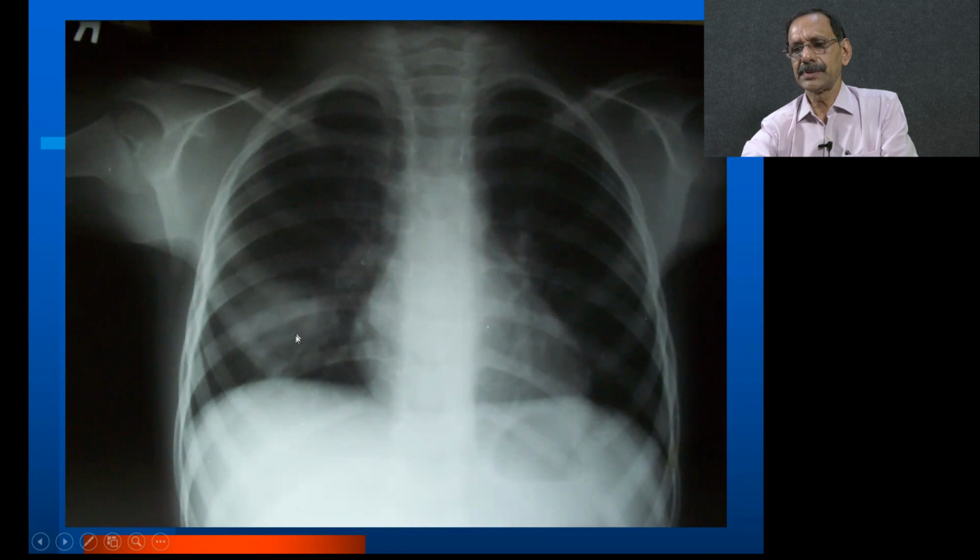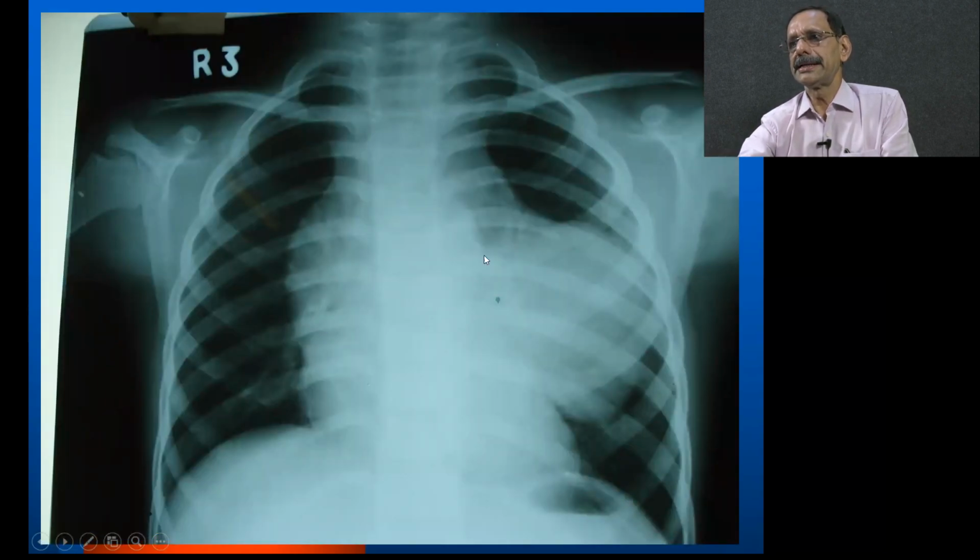The other differential diagnoses you can give: it could be an aspergilloma, or a tuberculous granuloma, or encysted pleural effusion, or some cyst, like a hydatid cyst, but then this opacity is slightly denser than that. Or it could be an extrathoracic structure, like an artifact, like a tuft of hair, or something in the chest wall, like a tumor in the chest wall showing up like this. In an adult, we think of malignancy and secondaries, which is less likely in a child.